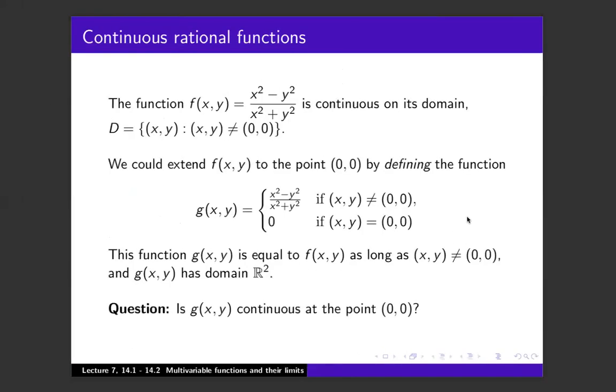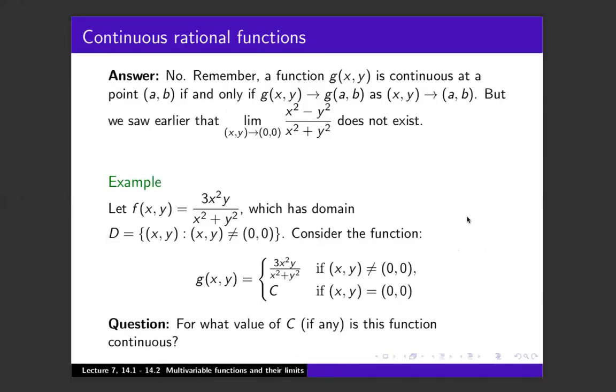Basically, we saw at this point that we need this function to have a limit at (0,0). And 3x squared y over x squared plus y squared has a domain of everything except (0,0). But now let's define a new function where we're going to plug that hole at (0,0) with some other number c. So here's a question. For what values of c, if there are any values of c,